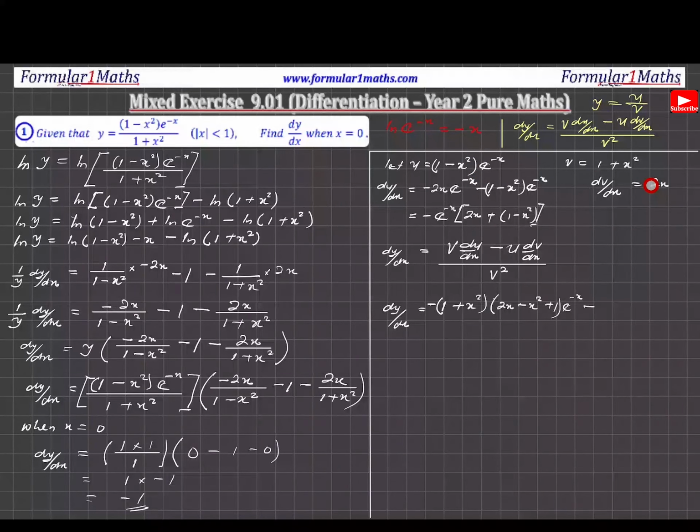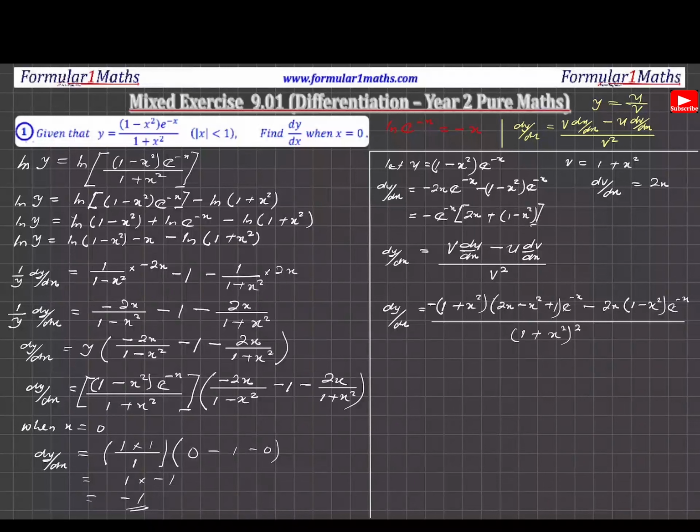So I'm going to get 2x for this one, and then times the u, which will be 1 minus x squared multiplied by the e to the power minus x, over 1 plus x squared, all of that squared. But instead of simplifying this, we are just told to find the value of dy dx